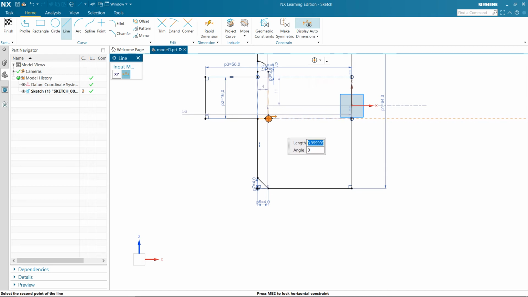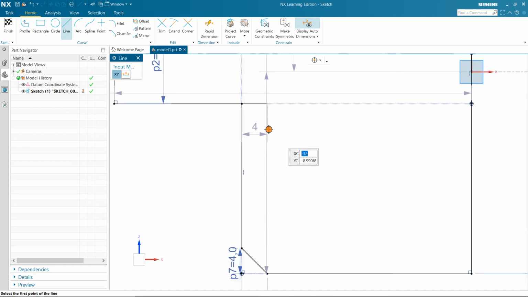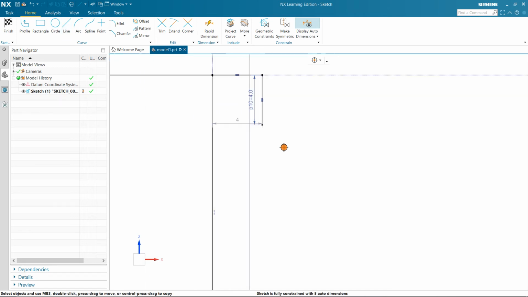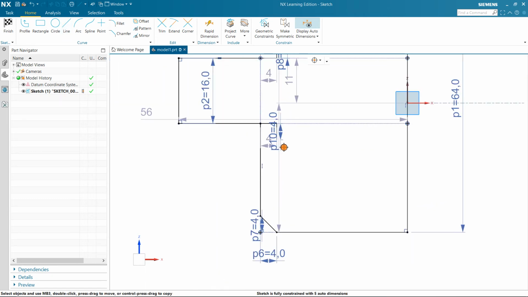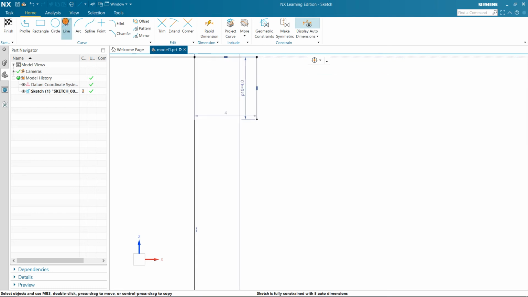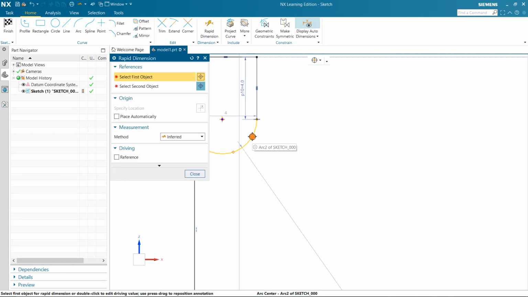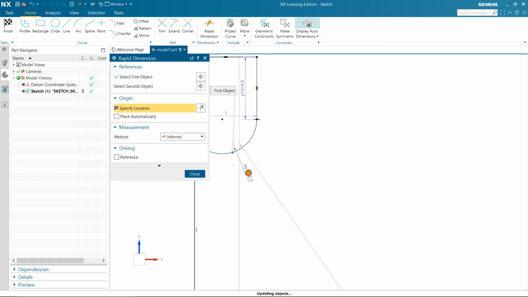Okay, and an arc with a radius of 4 mm again. And then click on close. Now again go to trim and trim off the extra line here.